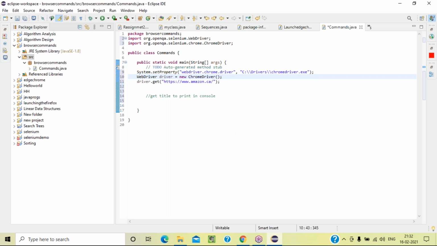Yeah, good. Okay, good. Thanks for bringing this up, because this is what troubleshooting is. You have not initialized the object and you are directly writing driver dot get. So where is driver? It does not understand where to get. So you need to create an object for this: new ChromeDriver. Okay. Now you can run this one.